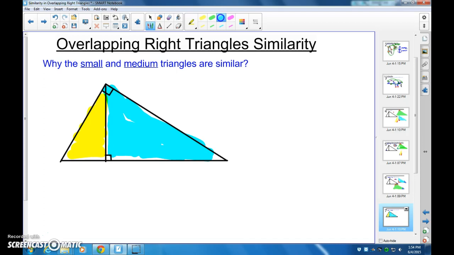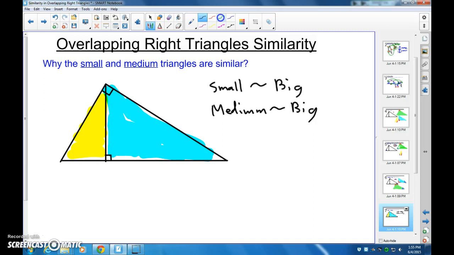But I want you to think through what we did on the last two slides. I just proved that small, that symbol there means similar, small is similar to big. And I also proved that medium was similar to big. And this means if small is similar to big and medium is similar to big, you kind of connect it like a train, and you can piece it together and say small is also